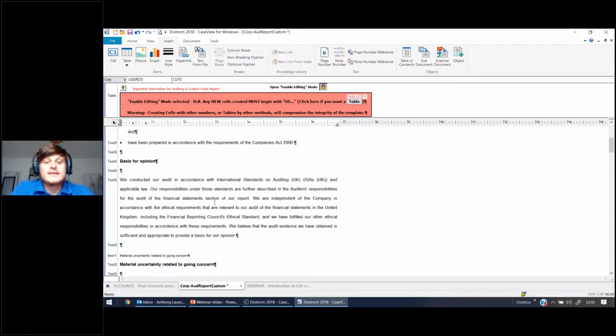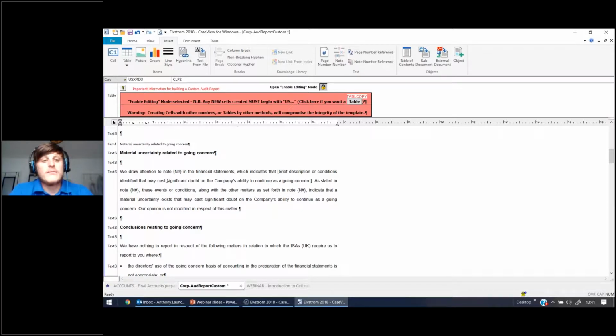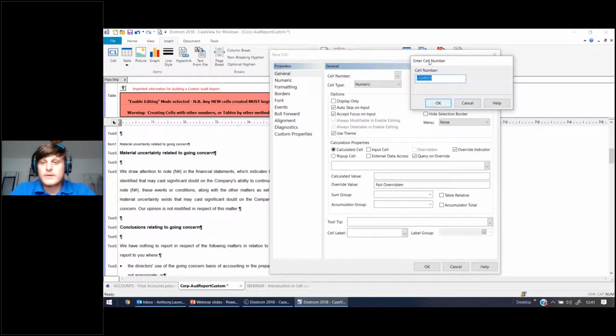The other thing that you can build in, and this is something that we'll cover within the second part of this webinar series, is inserting checkboxes. So in most cases on your audit report, you're not going to have the material uncertainty relating to going concern and the conclusions related to going concern on the audit report. You'll have one or the other. And what we can do is insert checkboxes to control which area of this note is going to display. So if we go to cell, I'm going to call this USX RD5,